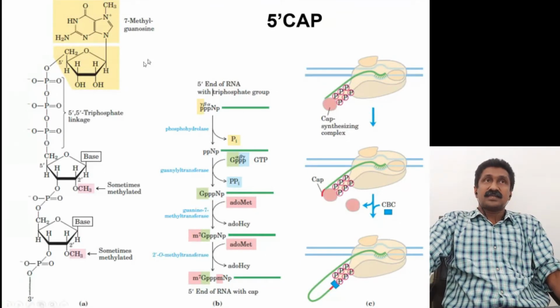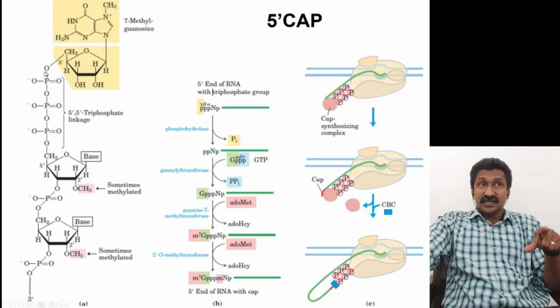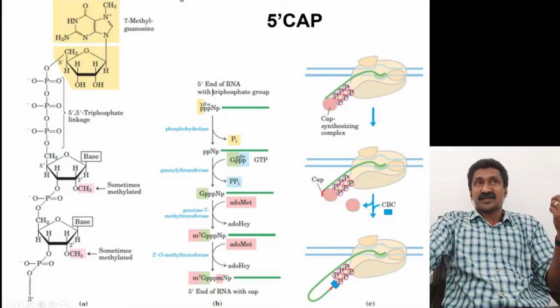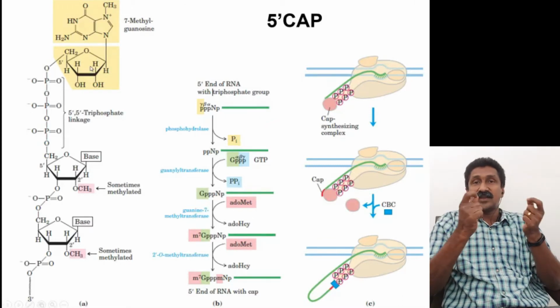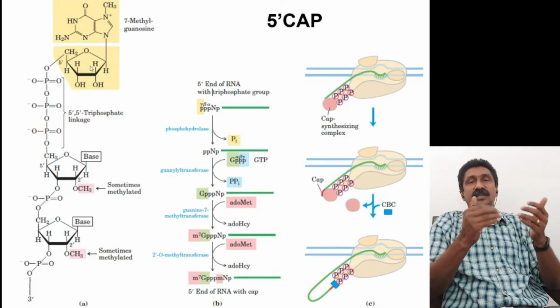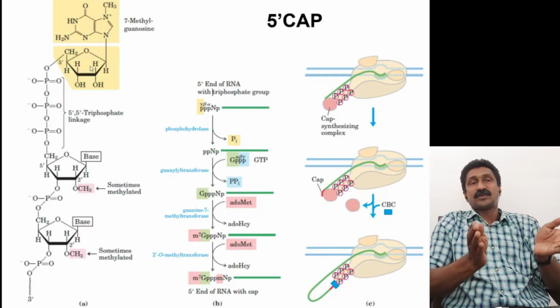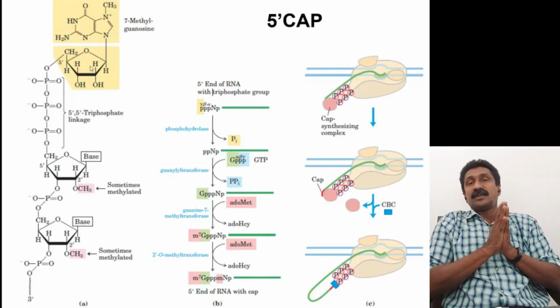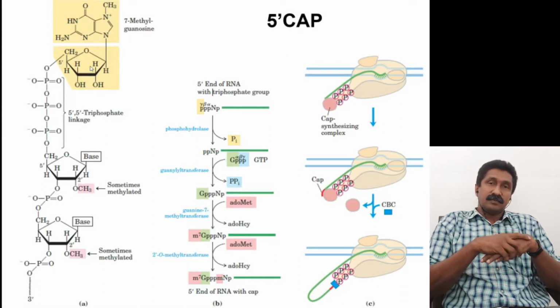But here we have to notice that the 7-methyl guanosine is not attached to the 5' phosphate group with the OH group at second position or third position, just like any other nucleotide. But it is attached to the 5' phosphate group with the 5' phosphate group of the incoming nucleotide, that is 7-methyl guanosine. So there is a 5' linkage, not a 5' 3' linkage. A 5' triphosphate linkage is used for attaching the 7-methyl guanosine residue at the terminal phosphate group of the primary transcript.